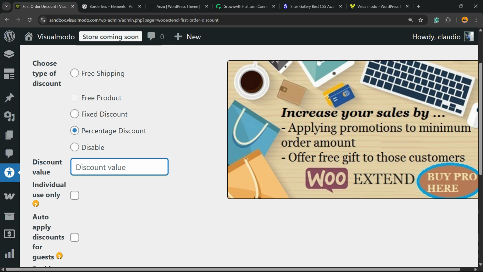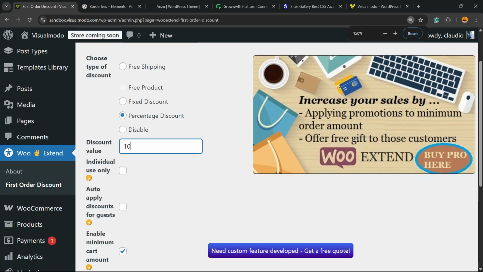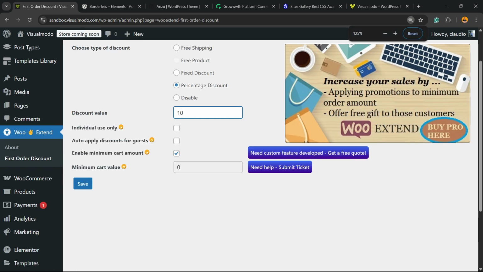What is the discount value? 5%, 9%, maybe 10%. Individual use only, apply discounts for guests, enable minimum cart amount, up to you. Minimum cart amount, maybe